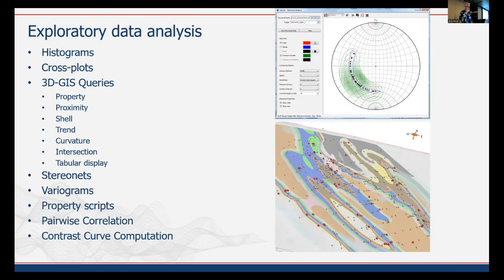And you can do queries on that stereonet. So we can draw, it's probably pretty hard to see, but there's a blue polygon drawn here where we've just subsetted a bit of data by drawing a polygon around it. And the bottom image there shows the distribution of those points that we've selected with that polygon in 3D on that data. So those red dots are the actual locations of the points that we've selected on the stereonet.